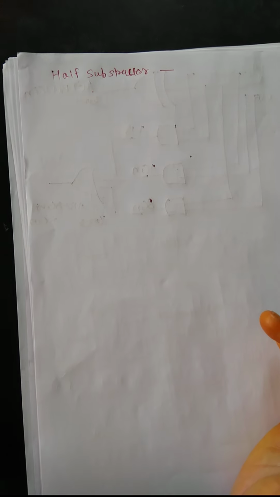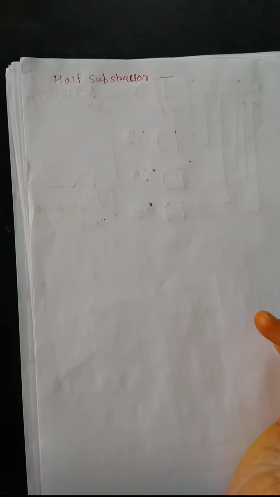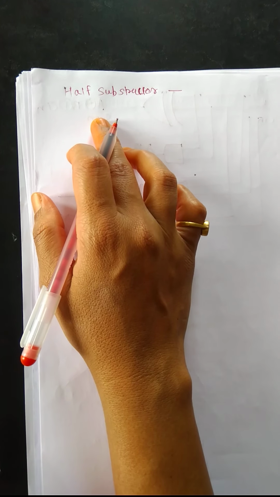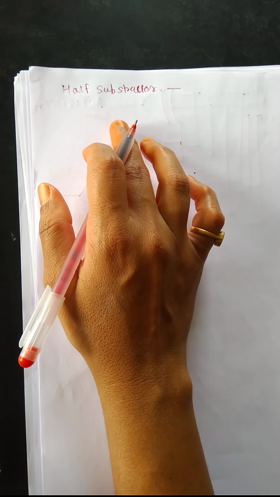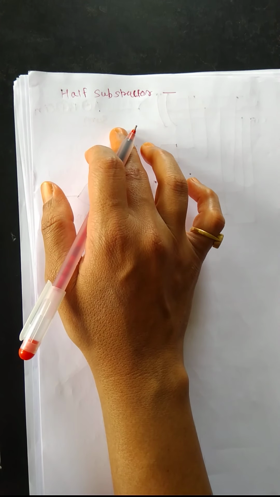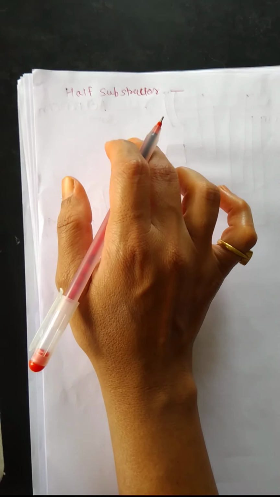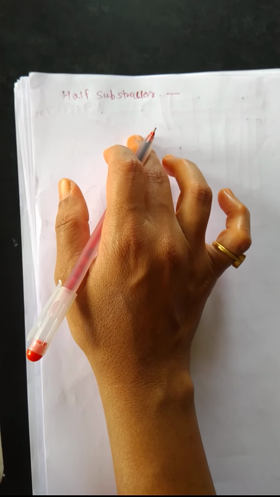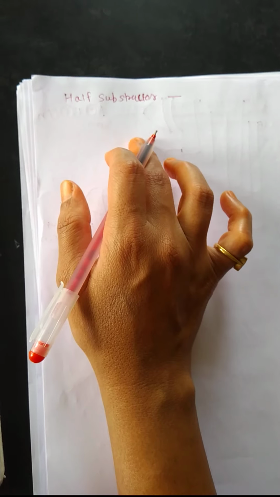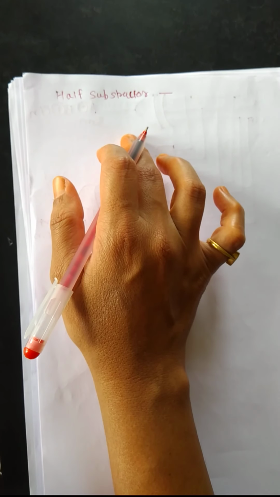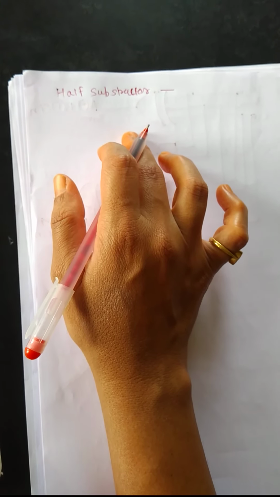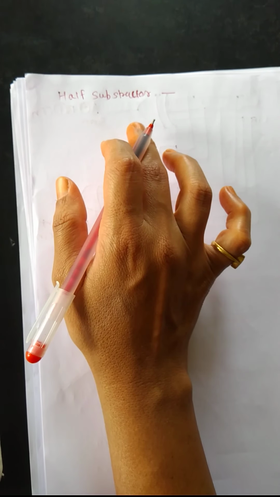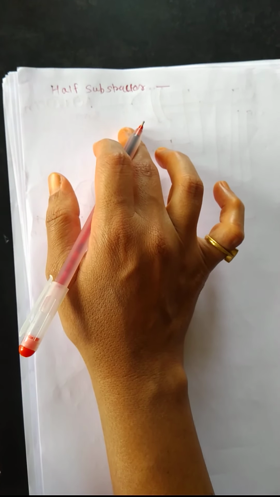Hello students, today we are going to study the next combinational circuit, the half subtractor. This is a combinational circuit with two inputs and two outputs, and the two outputs are difference and borrow, as shown in the diagram. It produces the difference between two binary bits at the input and also produces an output borrow to indicate if one has been borrowed. In the subtraction A minus B, A is called the minuend bit and B is called the subtrahend bit.